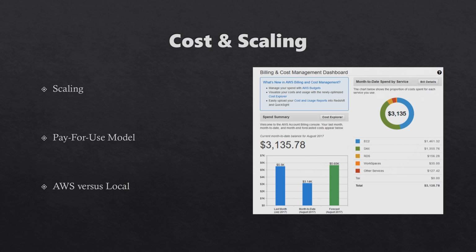AWS versus local, as far as cost and scaling, you're never truly going to see your costs go down in a local environment. AWS, like I said, auto scales down, you're automatically paying less. So, in conclusion, AWS is consistently looking out for you in terms of, are you using enough? Are you using too much? Can we shrink it? Can we raise it? They take care of that, which in turn, of course, drives the cost up or drives the cost down. And we all want to pay less money if we're not using everything.